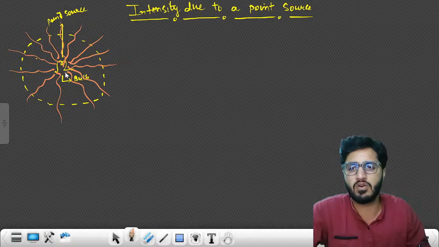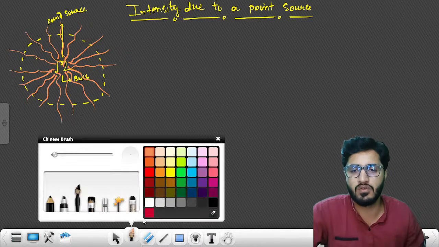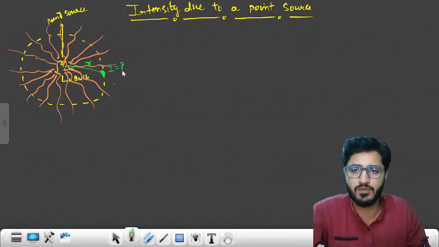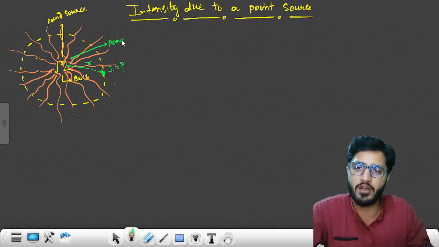So we will go to some x distance apart, here. If this is my x or r distance apart, here I need to find out its intensity. If the rated power of the bulb is given as P,